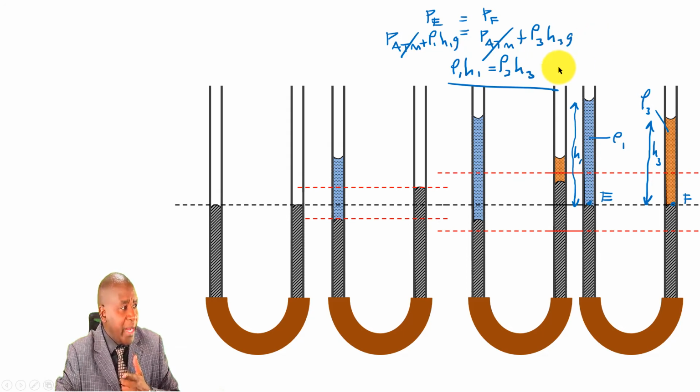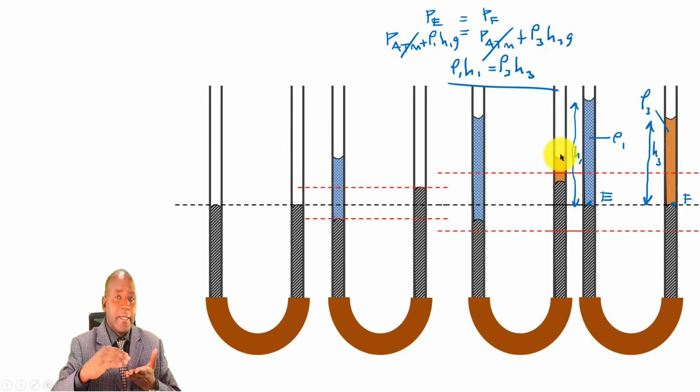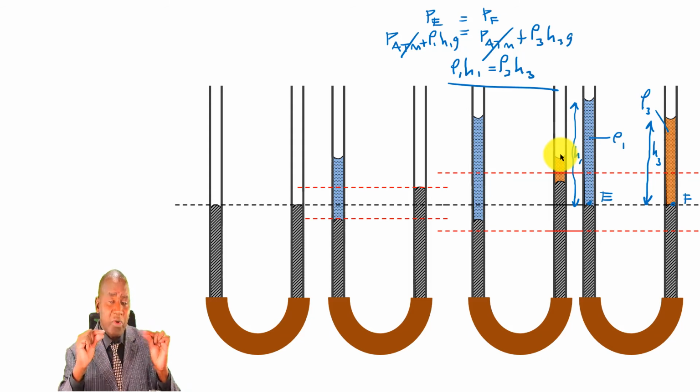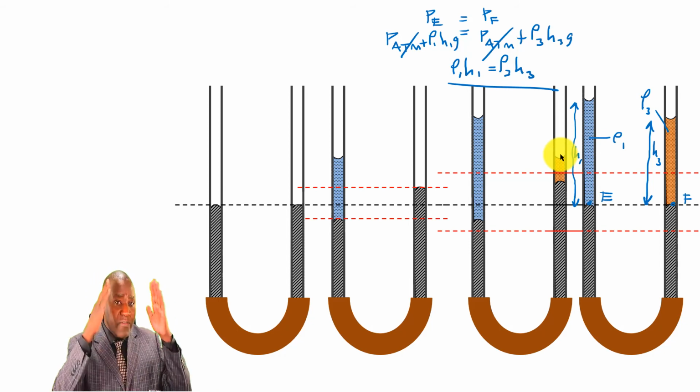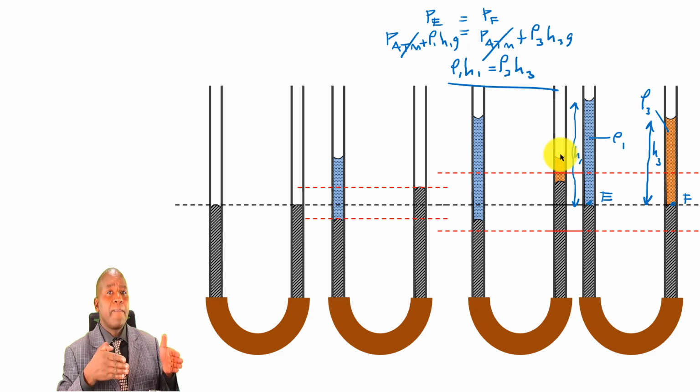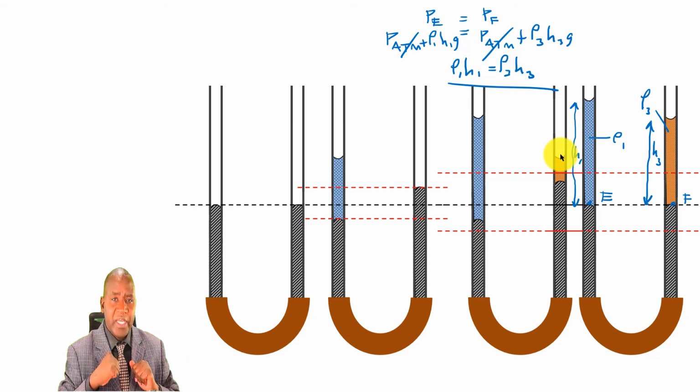For instance, when I'm talking about this, the pressure at this point, due to this liquid here, I will say it is this height times its density. I don't use this density and then measure all the height all the way to that point. No, it is just the height for that particular liquid. When you use that concept, drawing a line and then using that idea that because the 2 points are at the same horizontal level, then pressure at this point is equal to pressure at this point, and then you go ahead and consider all the fluids above that particular point, you will never go wrong,